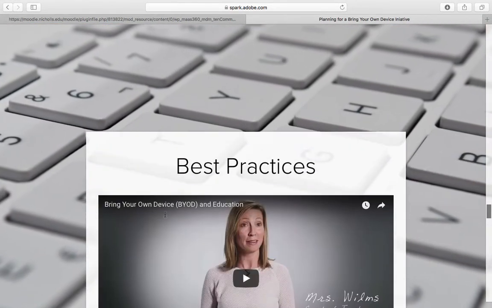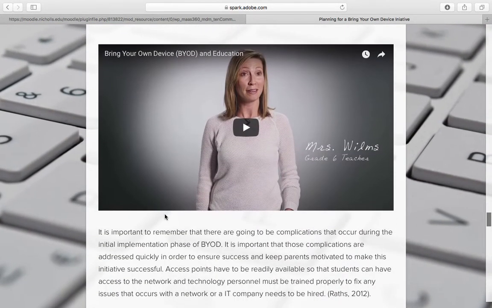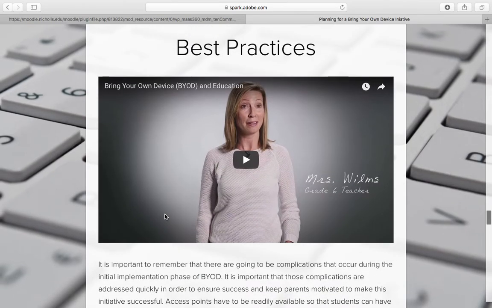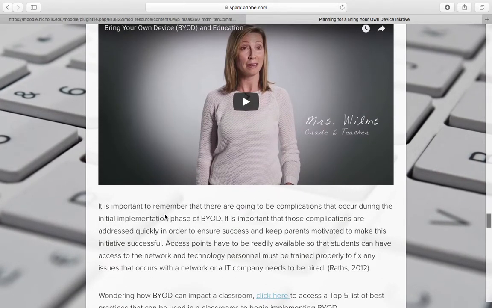Now, some best practices. Best practices are things that teachers, administrators, tech coordinators, all kinds of people need to have in place when a Bring Your Own Device initiative is being planned. It's important to remember that there are going to be some complications that occur, and that is okay, but those complications and struggles that you experience need to be addressed quickly in order for it to be a success, to ensure that